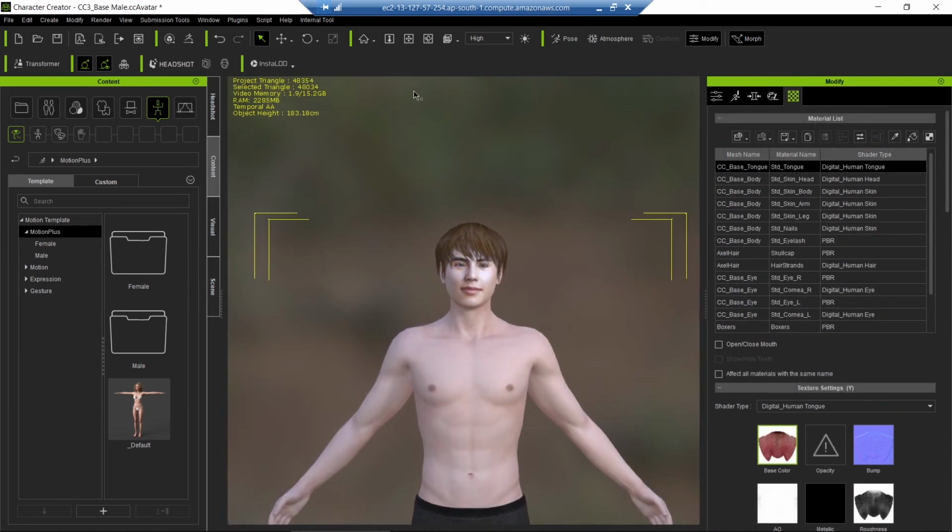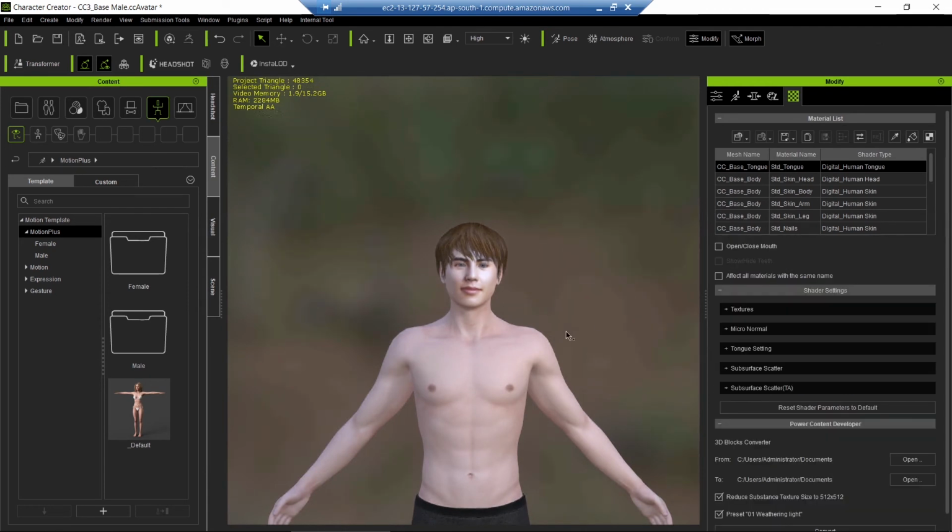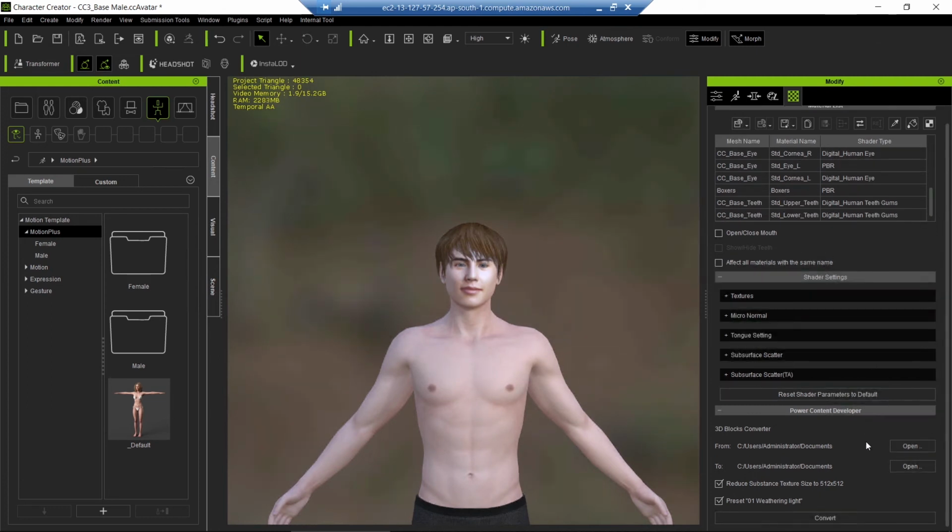I was having a little problem with the internet connection, but now everything is good again. So now here we are at the modify material list page. All these materials have been applied on your body. There is the material name and the material stereotype, such as the digital human head stereotype. All the materials have been given here. There are status settings here. You must be a pro designer to work with these.